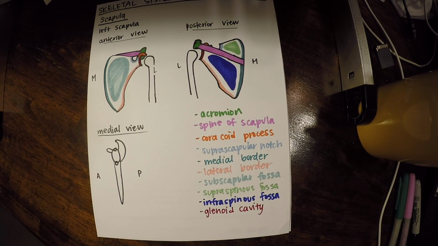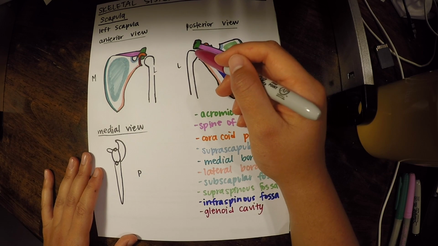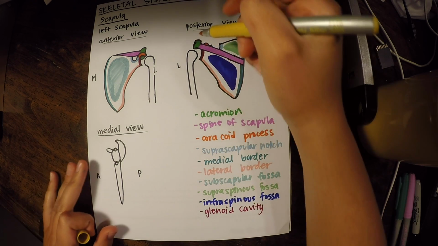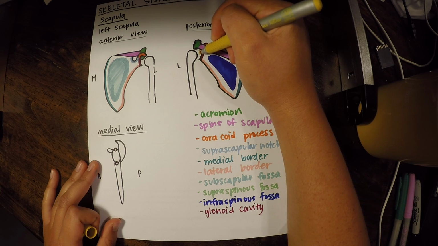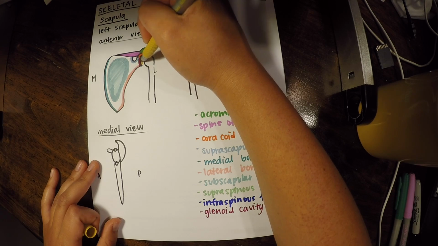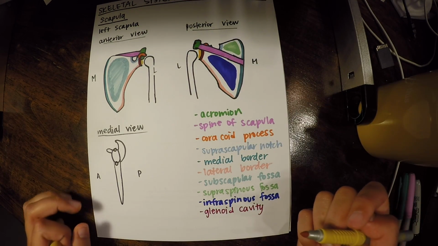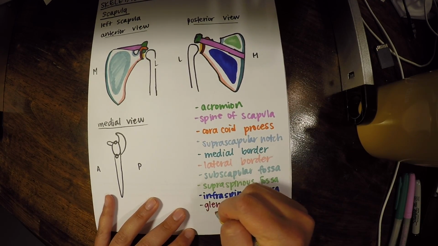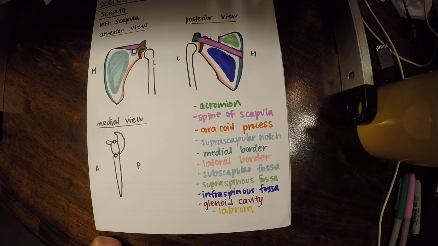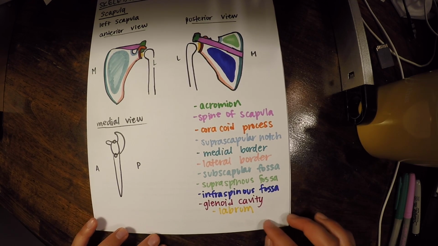That's our glenoid cavity. Now there's something that sits more superficial to the glenoid cavity, and it's actually a soft tissue structure. It's not bone, but I'm going to draw it in right here. It sits, remember, superficially to the glenoid, and it serves as a shock absorber and stabilizer for the joint. It's called the labrum. So remember, that's not bone. You're not going to be able to see it on the models. You may be able to see it on one of the joint models. I can't remember. But anyway, that is your labrum.